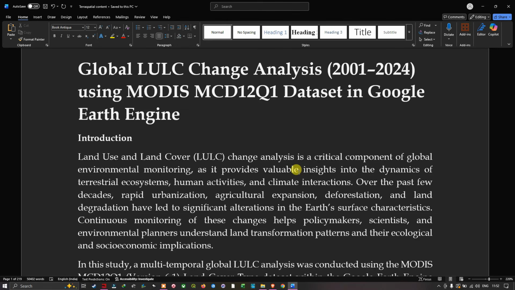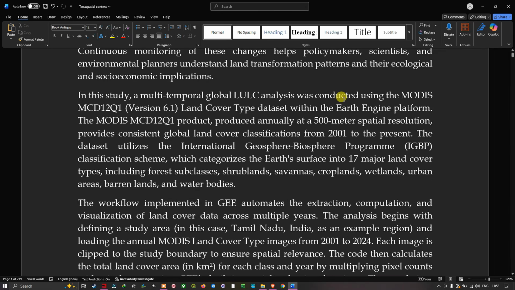ecological and socio-economic implications. In this study, a multi-temporal global LULC analysis was conducted using the MODIS MCD12Q1 land cover type dataset with the Earth Engine platform. The MODIS product, produced annually at 500 meter spatial resolution, provides a consistent global land cover classification from 2000 to present. The dataset utilizes the International Geosphere-Biosphere Programme classification scheme, which categorizes the Earth's surface into 17 major land cover